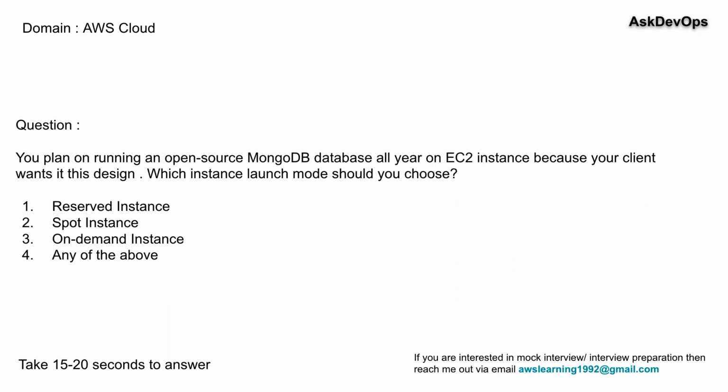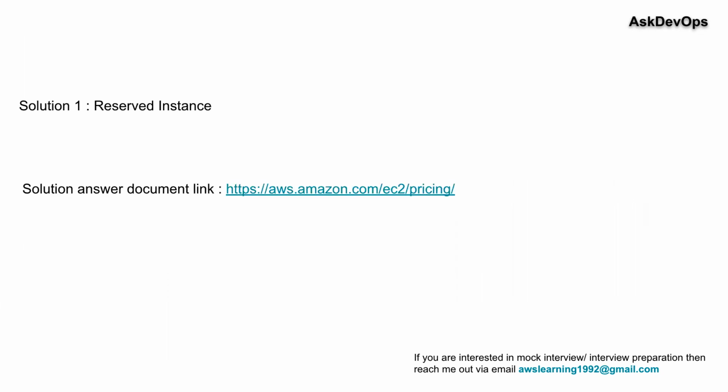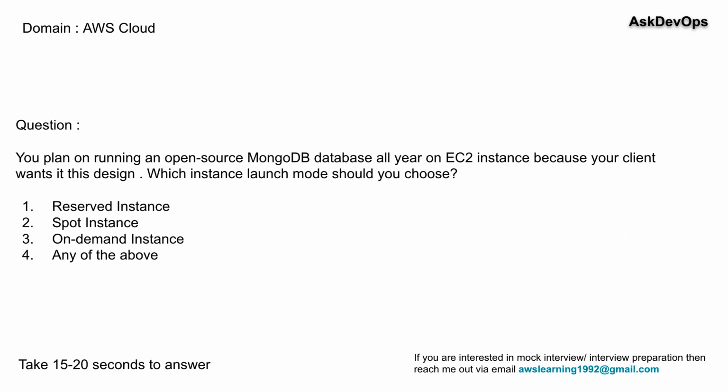Okay, let's see the answer now. The solution will be reserved instance. So now the question is, why is the solution reserved instance and not something else? So the right answer is reserved instance. Okay. Now let's read the question. So you plan on running an open source MongoDB database all year along on an EC2 instance. This is the key point if they ask you in the interview. Here, what they're trying to tell you is this EC2 instance will be running 24/7 all the 365 days of